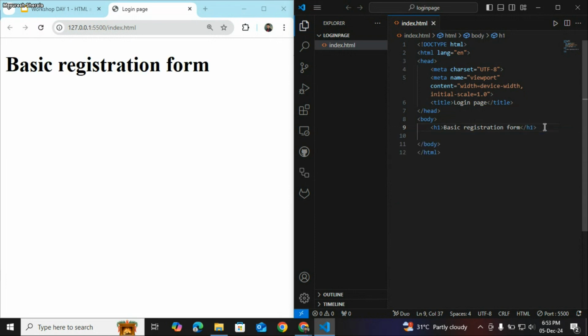I will save it. As you can see, I have got the text here. Next, I will create one form. For now, I will cut this action attribute,